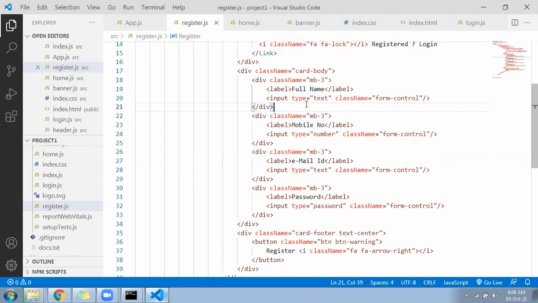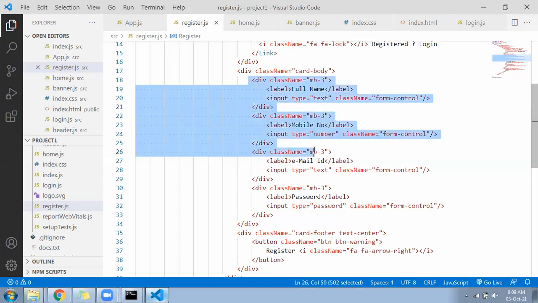Then we will come to the app.js file and we will do the linking to the register page. It was linked to the constant function, inline function. We will link to the register page. Okay, so you can add this full name and mobile number.